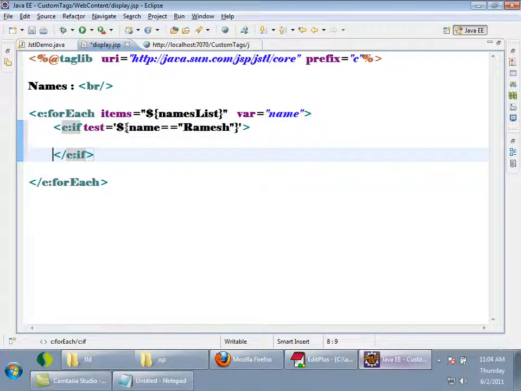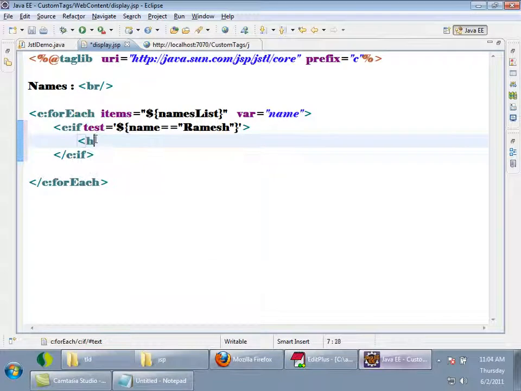Okay, so it should be printed in H1, dollar name. Else it should be printed normally.